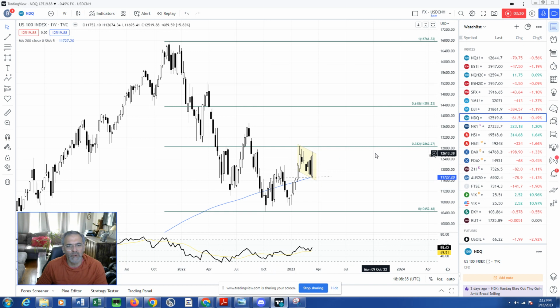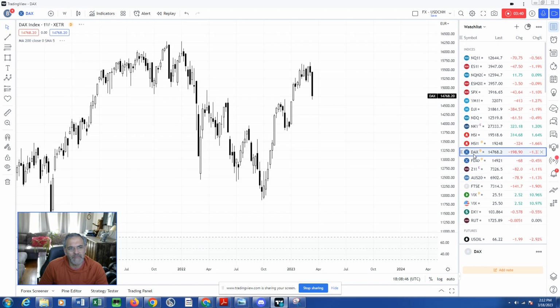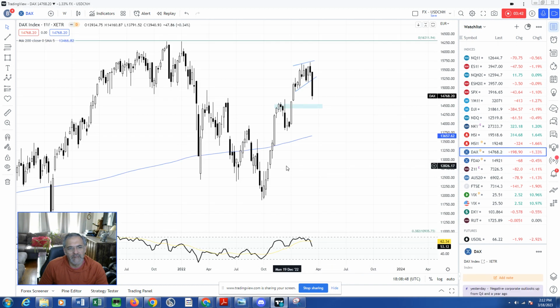What is more directional at this point, and I think a better trade, are global equities. So let's start with a chart of the DAX. And I've been in this trade, my subscribers know this, for a while. We found this pattern. I labeled this on the bigger chart as a B wave. Seems to me like this has broken down, and I would expect this to continue to go lower.